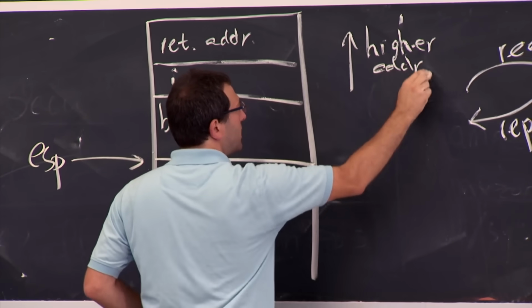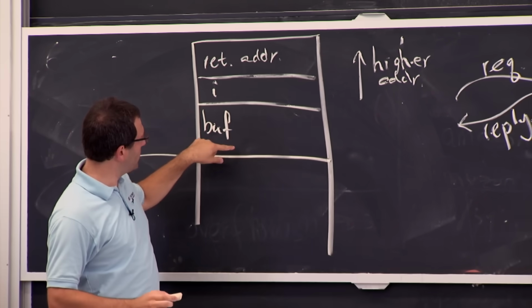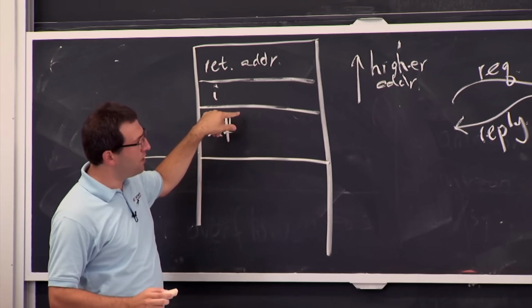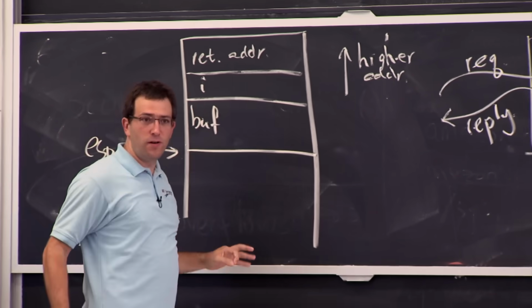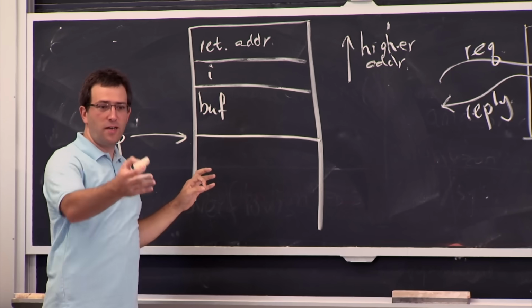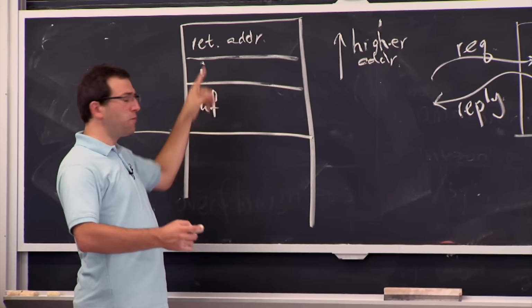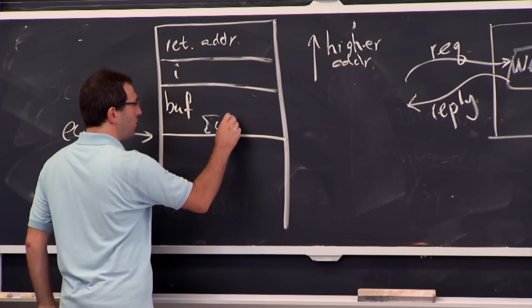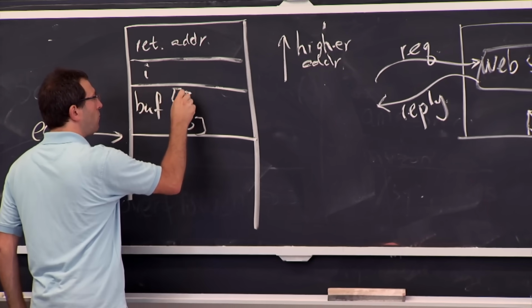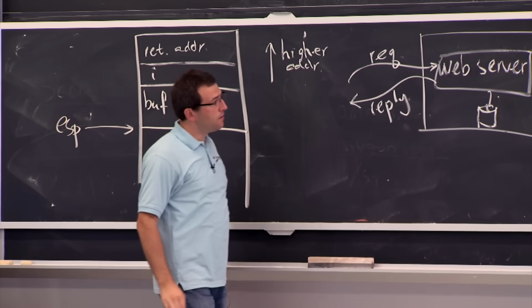So what this means is that for the buffer, we actually have to decide where's the 0th element of the buffer and where's the 128th element of this buffer. So where does the 0th element of the buffer go? Should be at the bottom, right? Because higher elements just keep going up. Yeah, so buff of 0 is down here, it just keeps going on, and buff of 127 is going to be up there. Then we'll have I and other stuff.